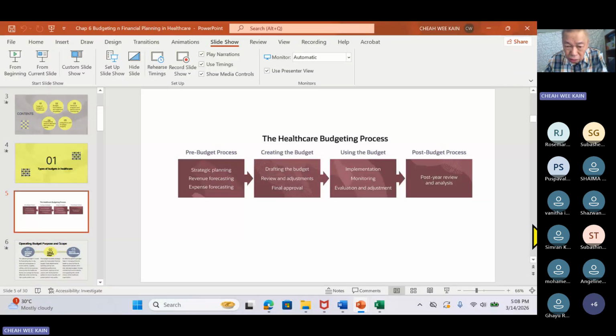I don't know. Okay, pre-budget, strategy planning, then drafting the budget based on this strategy planning. Okay. Here, under strategy you must do forecast, forecast your sales, forecast your expenses, but the revenue and expenses actually follow the plan. What is the goal? Then after that, you create the budget, you use the budget, you implement, you monitor actual versus budget. Anything wrong, maybe the budget needs to change, or the actual is so terrible that your budget assumption is wrong. Now, when you see very much difference between actual and plan, maybe here is wrong.